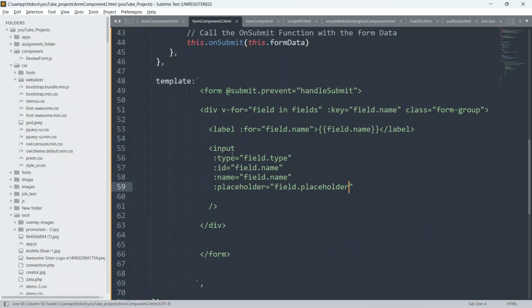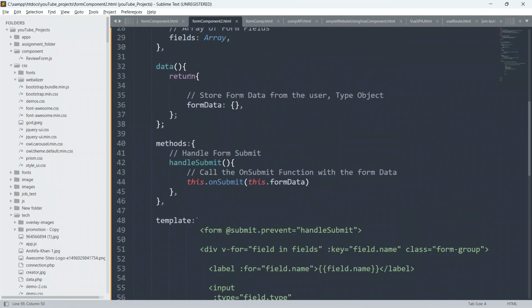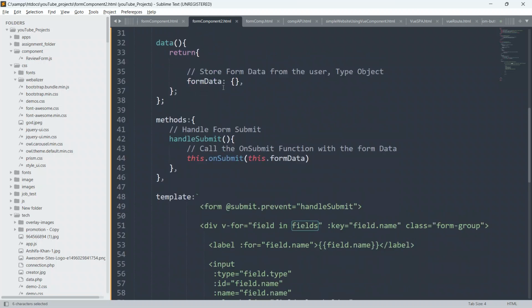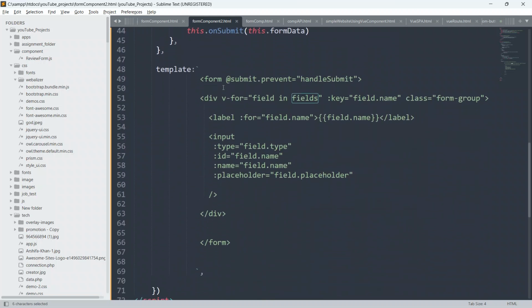So guys, just be here and watch the entire video. I know you must be thinking, if there is nothing here, how can I loop through this fields array. Just be here and watch the entire video, then only you will understand each and everything clearly and easily.